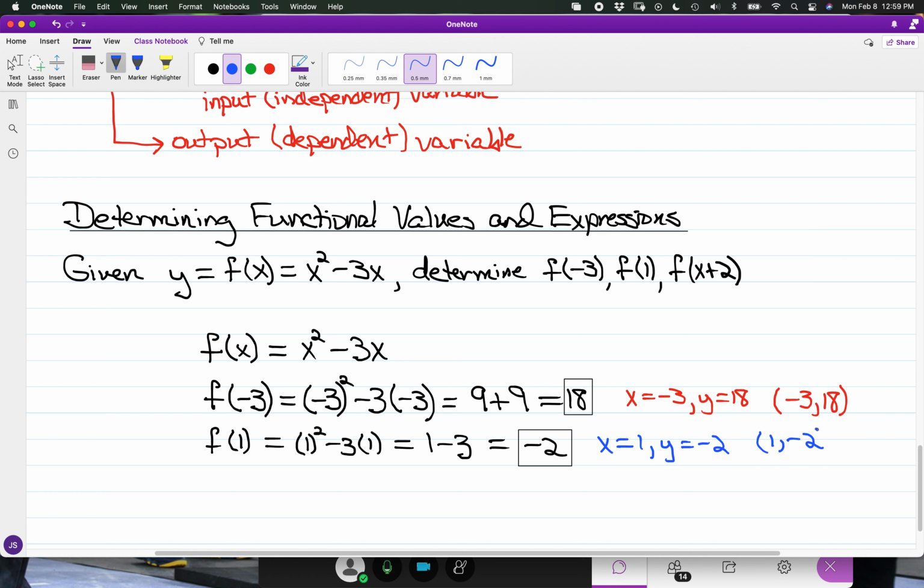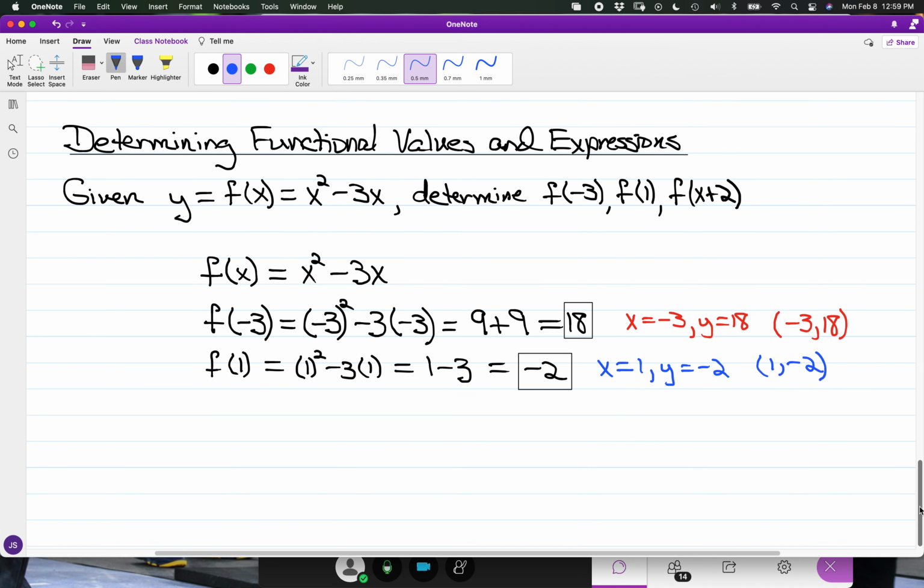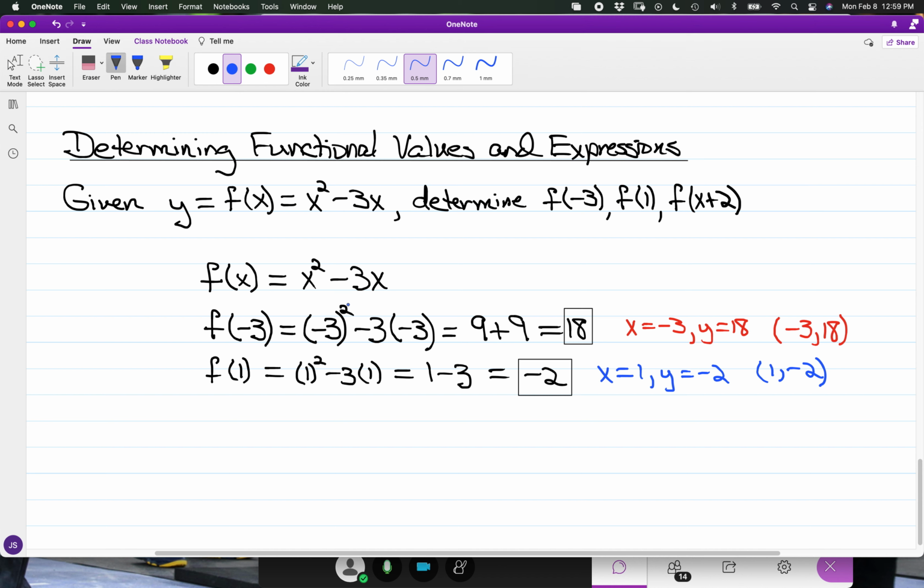Okay, so you have 1, negative 2. So those are, okay, negative 3, 18, and now 1, negative 2. Those are going to be 2 points among infinitely many others. They'll be on the graph of y is equal to x squared minus 3x. Now, going from